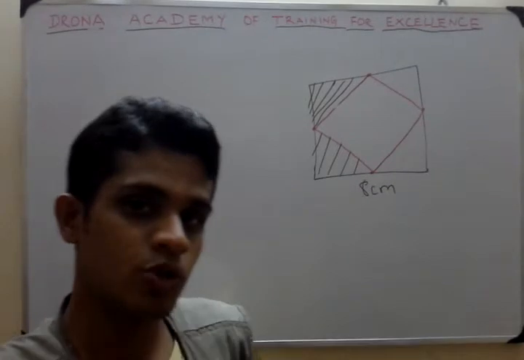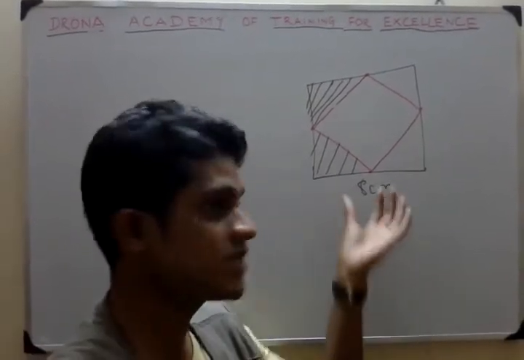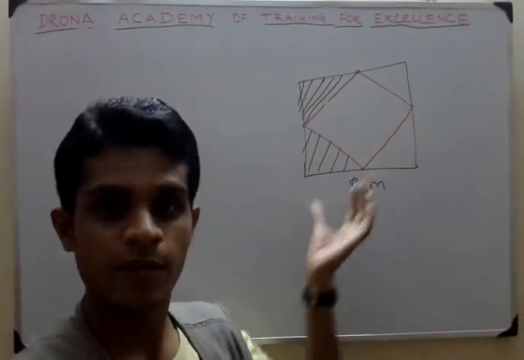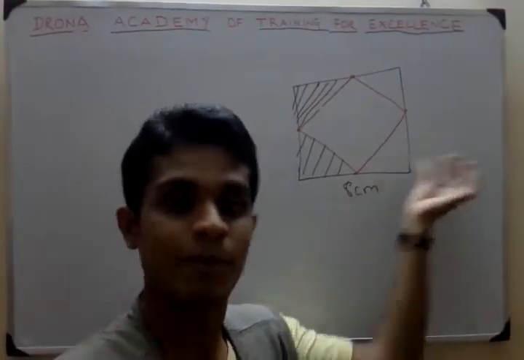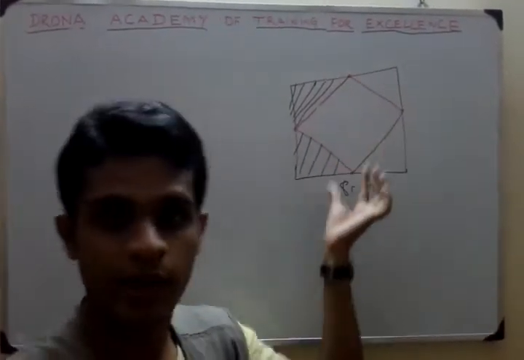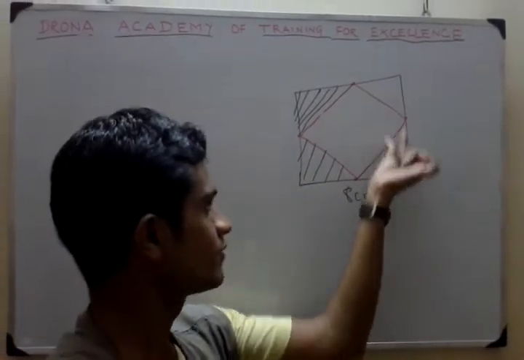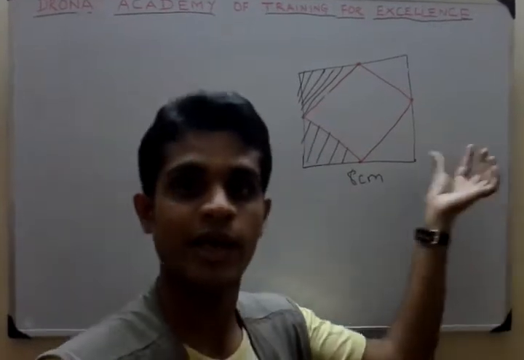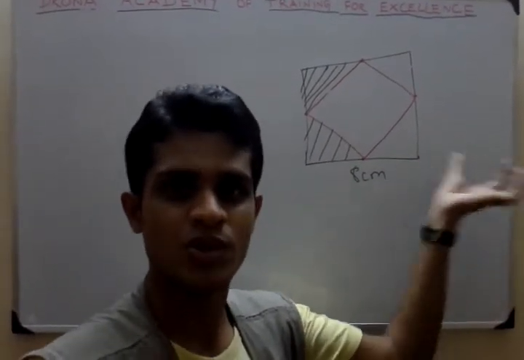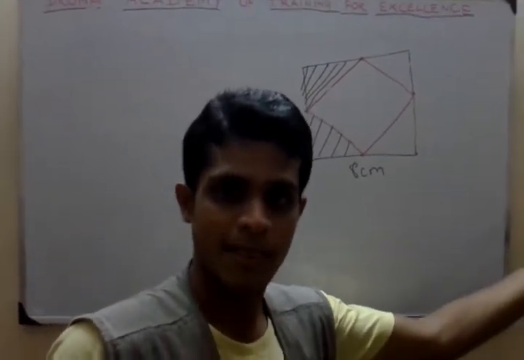Now, how do you solve this question conventionally? If I solve conventionally, first of all I have to find the area of the inner square and subtract it from the area of the outer square. Again I have to subtract the area of the two triangles. Am I right? Area of a square, again area of a square, again area of a triangle. So too time consuming, right? Too lengthy if I solve like this.